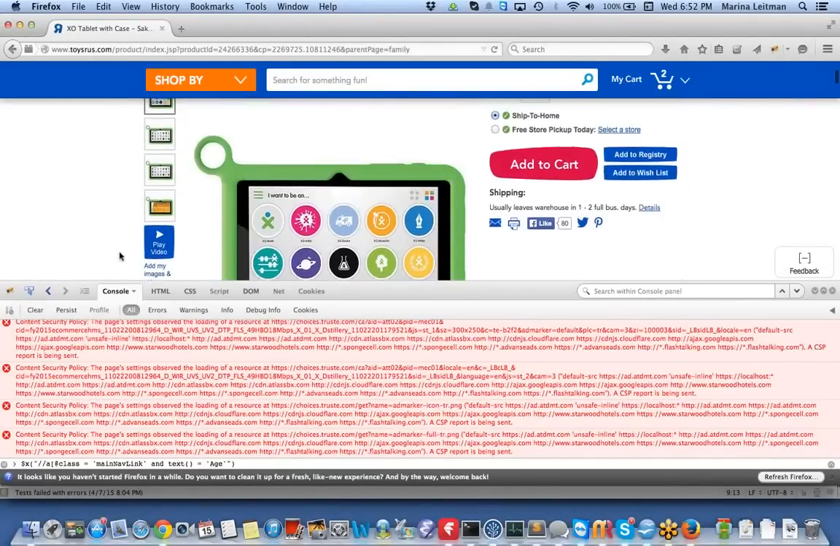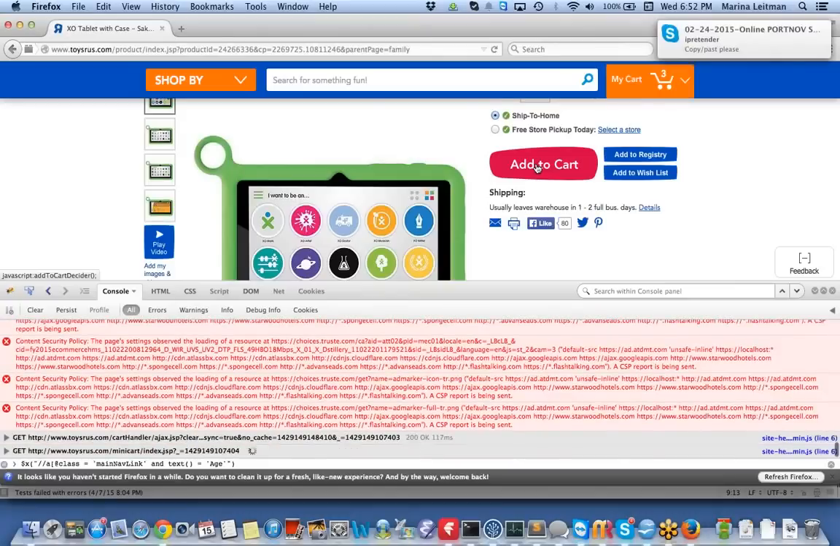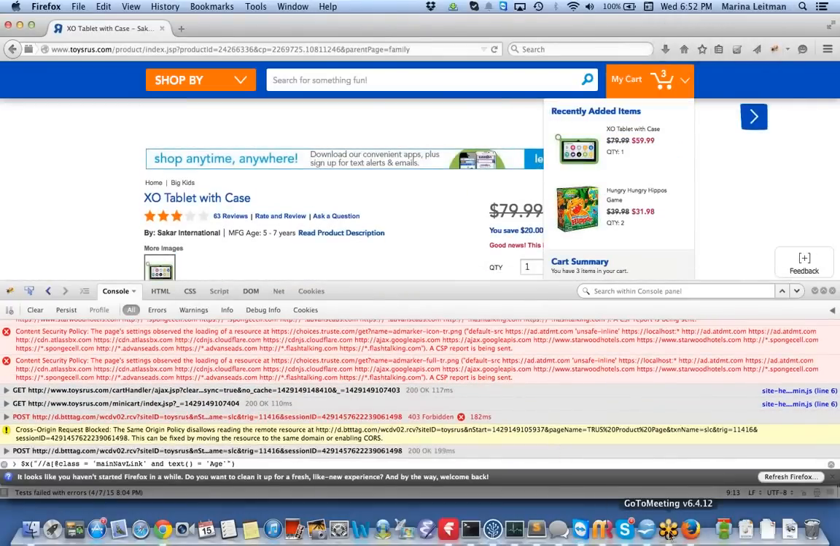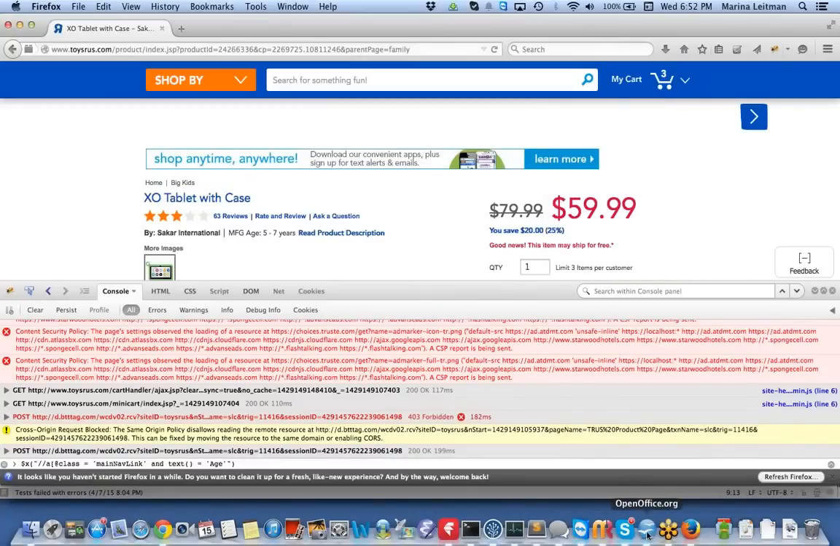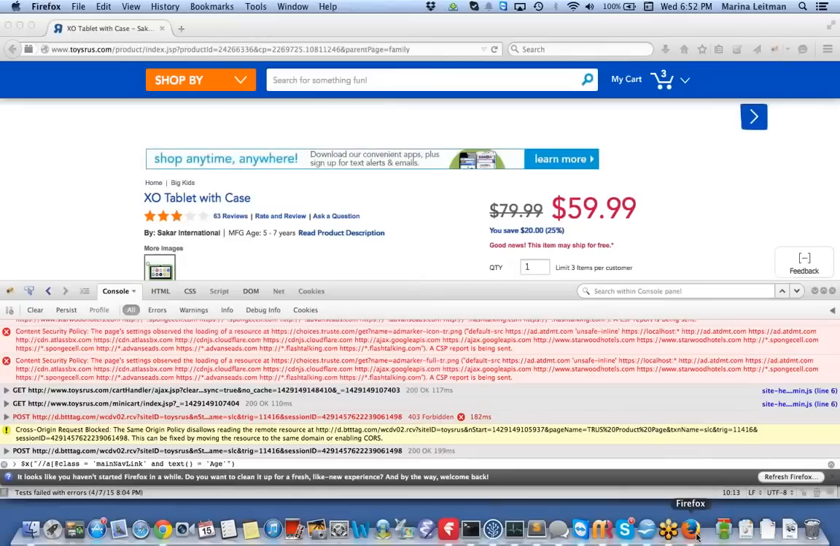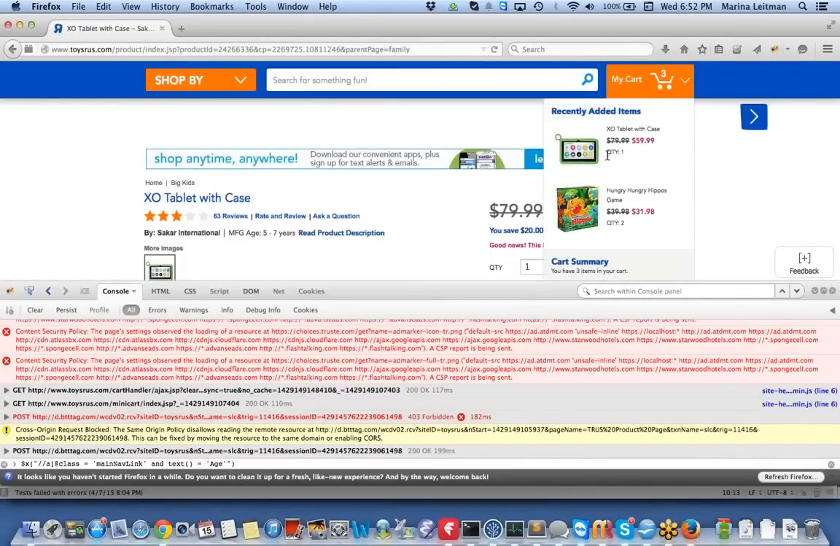So what would be the next one? Click add to cart button, right? Click add to cart button. So we are typing it in. Guys, do it yourself. Don't copy paste. Click the add to cart button. And then our last step would be